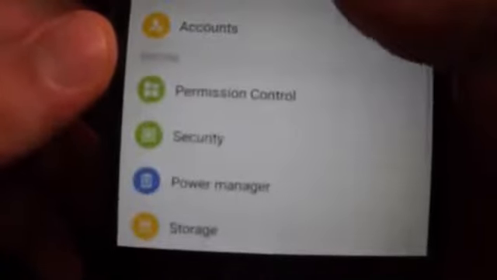Also, you want to go to settings. You want to go to security, unknown sources. It needs to be checked. So you want to go back and go to the download,